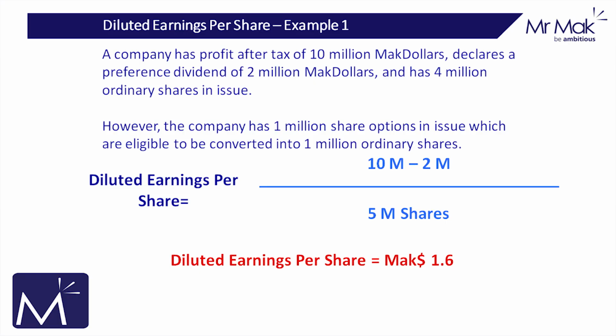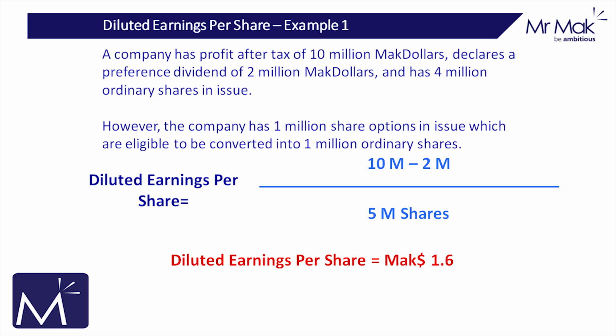Let's do an example. Say a company has profit after tax of $10 million and it declares a preference dividend of $2 million. And this company has 4 million ordinary shares in issue. However, the company has 1 million share options in issue which are eligible to be converted into 1 million ordinary shares. We would calculate the diluted earnings per share by saying profit after tax of 10 million minus the 2